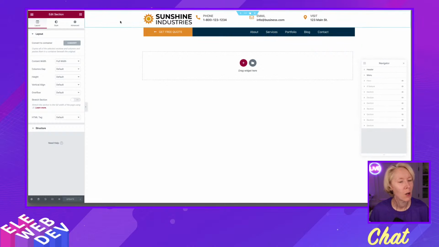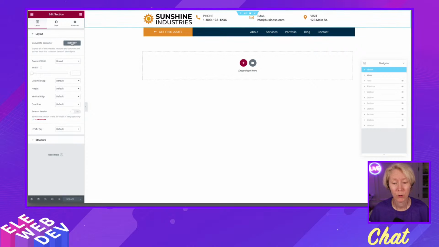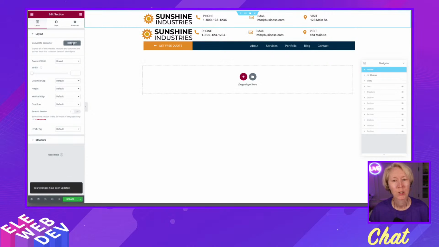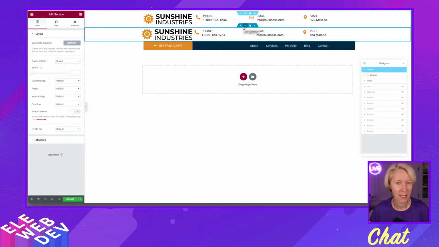Okay, so here we are, and we've turned on the sections. Here we go. We're going to go back, and we're going to convert. All right, so we've converted it. Notice how it's a darker blue color. I want to say teal, but it is a darker color, so you can now see the difference between a